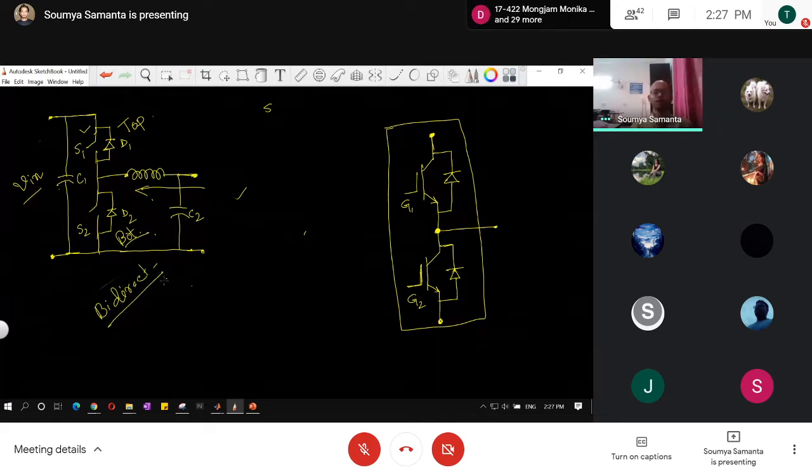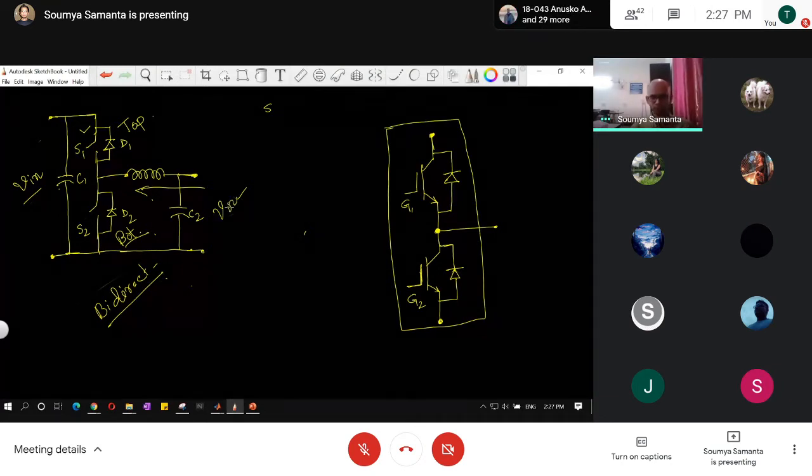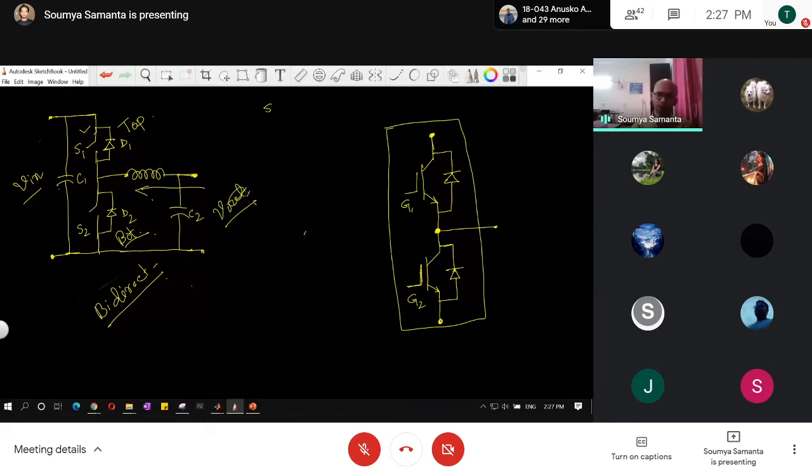Okay, so these are the three types. What we have done is connected the battery at the lower end side. So this side voltage will be higher, and this side voltage will be lower. So this will be the battery. The battery will be connected for bidirectional operation here. Okay, at this point, this part will be common to all.